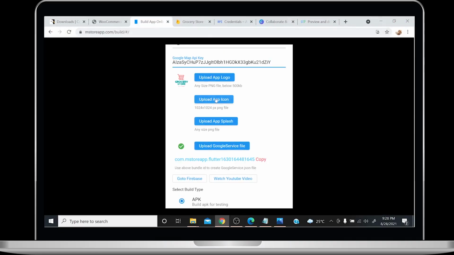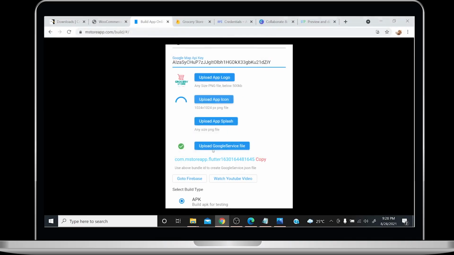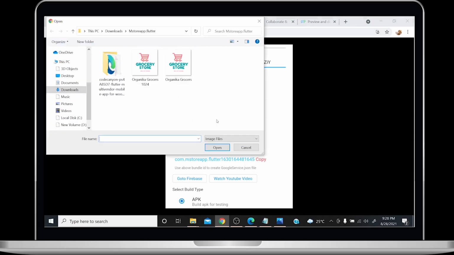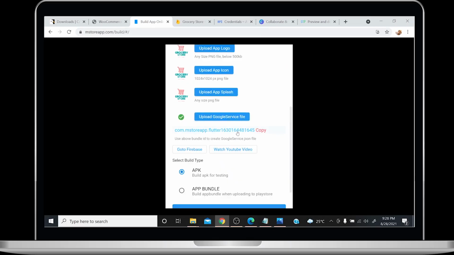Now come back here, upload your app icon. Now in upload the app splash, upload the same logo. Now, as the logo, icon and splash screen has been uploaded, it's the time to build and download the application.